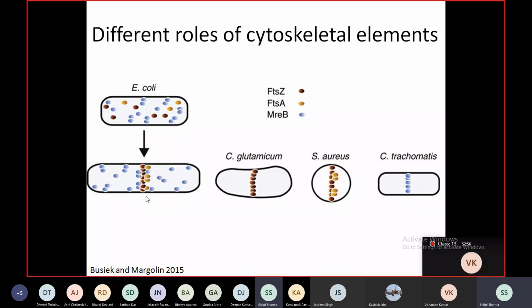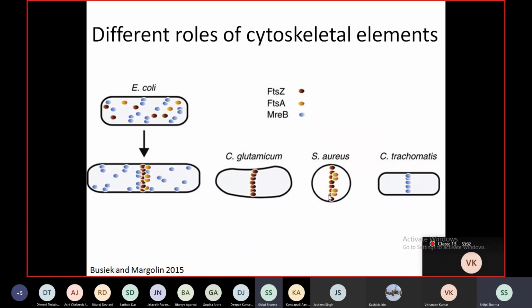I'm using these names so that you become aware of what they actually refer to. But again, I'll show you an example. So this lacks MreB and FtsA. It just has FtsZ. While Staphylococcus aureus, which is a spherical cell,